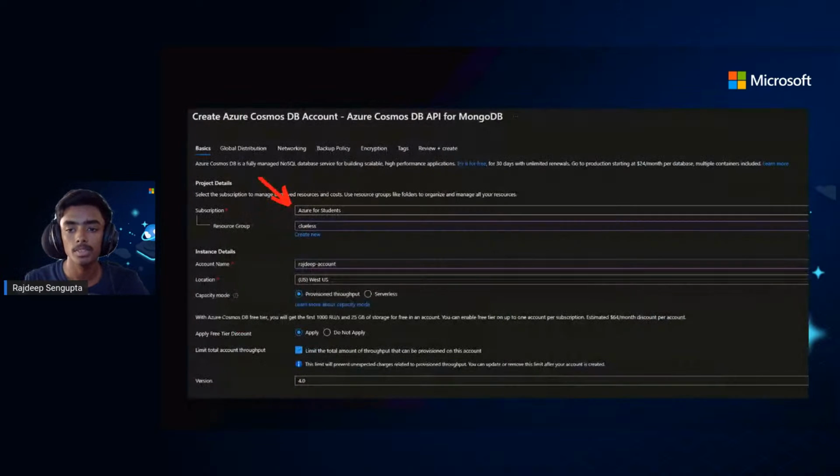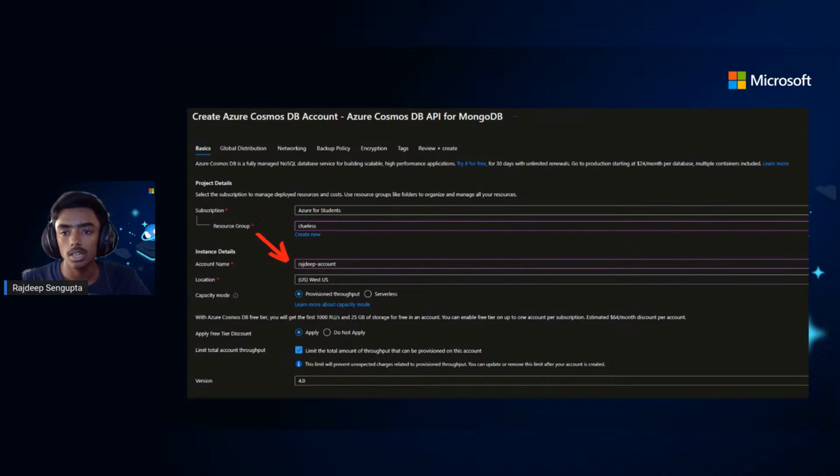Now I'm going to use Azure Cosmos DB API for MongoDB, and I'm going to choose MongoDB from those 5 options. The next part, we have to fill up all the details. I will use Azure Student Subscription as I have it. You can choose whatever you have. Then choose the resource group. For now, I'm not going to explain what a resource group is, but if you are trying Azure for the first time, most probably you will not have a previous resource group. So you can create a new resource group.